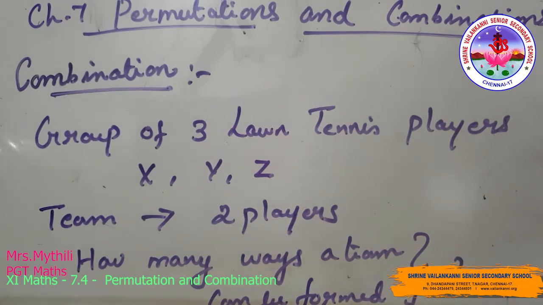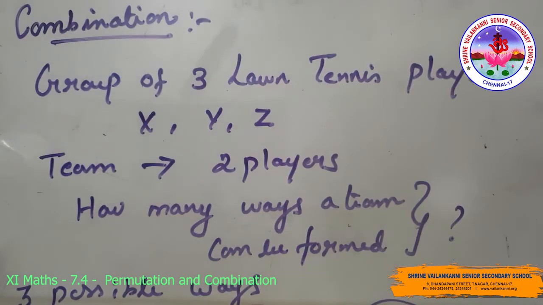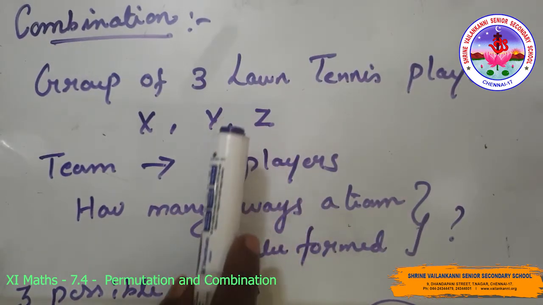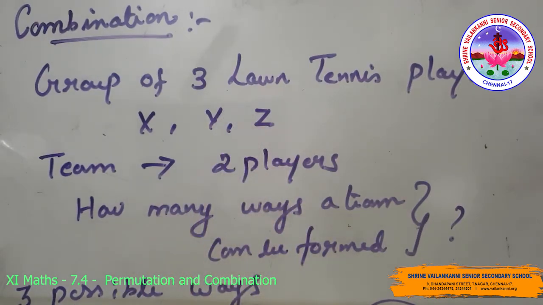In this video we are going to see combinations and we are going to do exercise 7.4. Let's assume that there is a group of 3 lawn tennis players X, Y, Z, and a team consisting of 2 players is to be formed. That is a team of 2 players. In how many ways can a team be formed